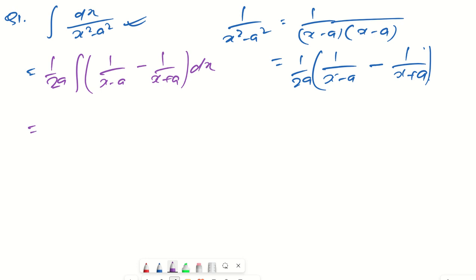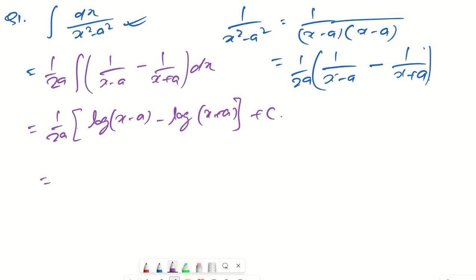Okay, then it can be written as 1 by 2a, and you know 1 by x minus a integration is log x minus a minus 1 by x plus a integration is log x plus a plus some constant c, and this can also be written as 1 by 2a. Now you know log a minus log b is log a by b. So similar to that formula, you can write it down log of x minus a by log of x plus a